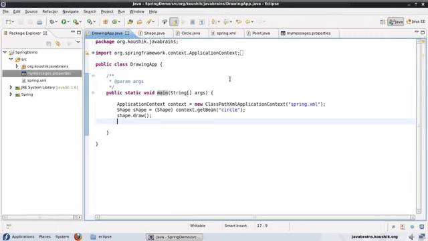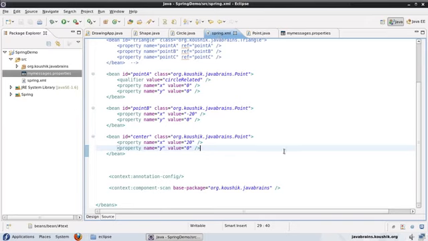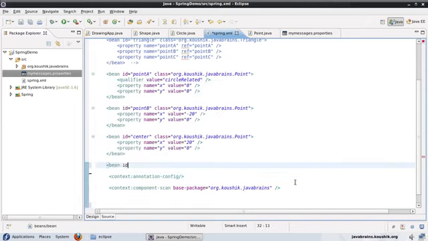Okay, so now the first thing that we need to do in order to have this messaging support enabled is to have a message source being defined in my application. And the way to define this is just like any other bean. I would define this in the Spring XML. And we'll have a look at what the class for that is, but let me start by defining the bean first. Bean, I'll give the ID as